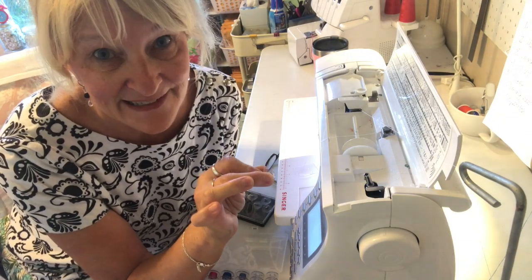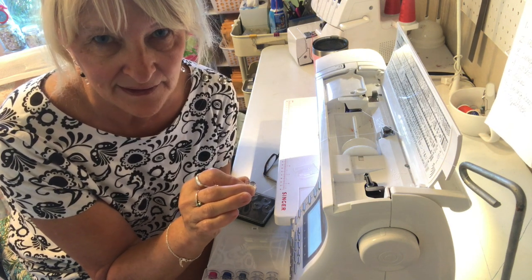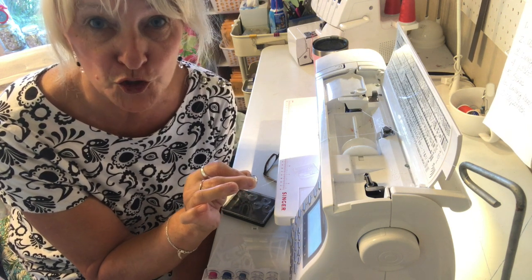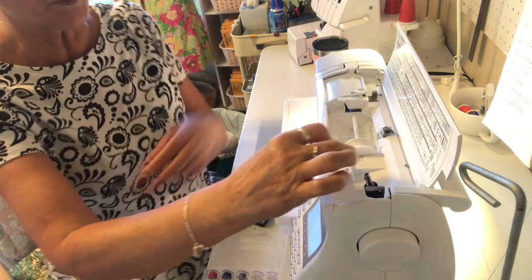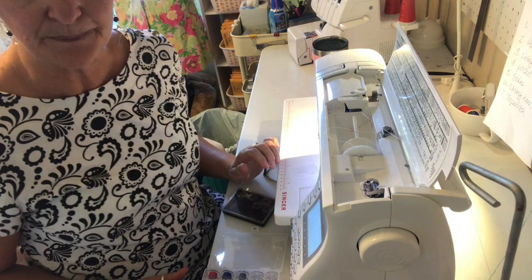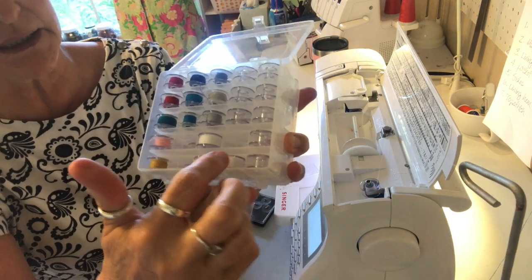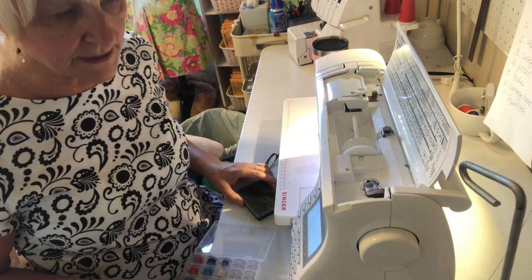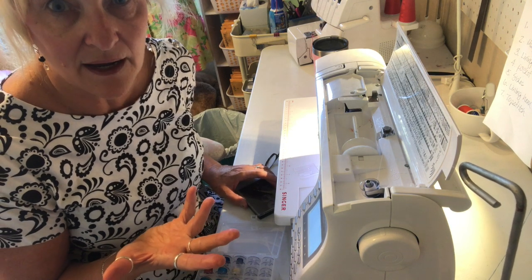My first tip is this. When I'm sewing, I inevitably run out of bobbin thread. And it's just always at the worst time. So one way I alleviate this is to pre-wind a lot of one color or another. Usually it is white or black that I pre-wind. And I do this and I keep several. You can tell that I'm in desperate need of building up a supply of white ones. But I keep a supply because I don't want to have to stop in the middle of my project and